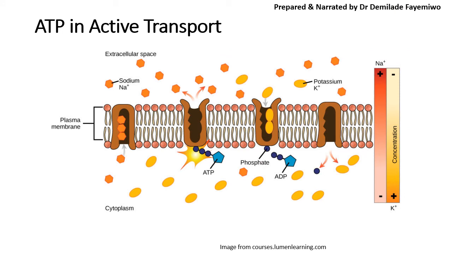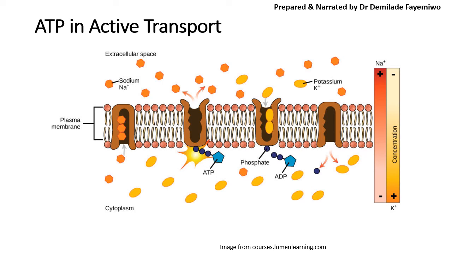But before I end off, I just want to show you an example of ATP use. Remember when we discussed in chapter 4 all the different types of transport systems within cells, we mentioned active transport. And I hope that you recall that active transport is when you transport molecules from a region of low concentration to a region of high concentration. In other words, you're going against the concentration gradient. So you're taking molecules from where they are already low and taking them to a region where they're more abundant.